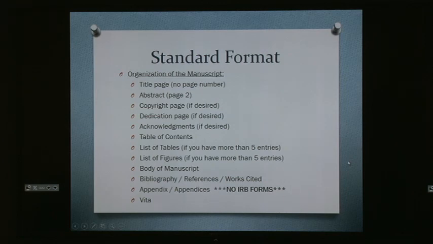But if you have more than 5, okay, what's the point of giving them a title if you're not going to have more than 5? In the body of the text, they need to have a table title. In the list of tables, in the beginning of the document, you don't have to have a list if you've got fewer than 5. If you have more, throughout the body of the text. So if you have fewer than 5, you still need titles? Yes, throughout the body, yeah. Okay.